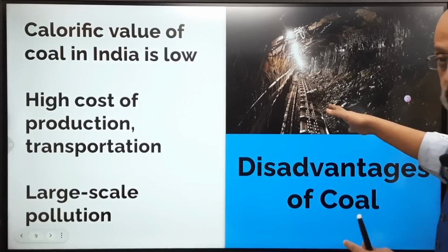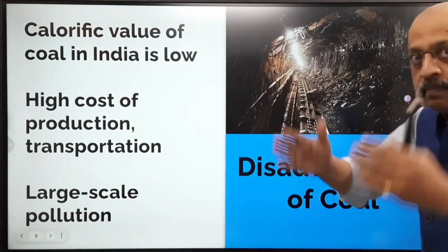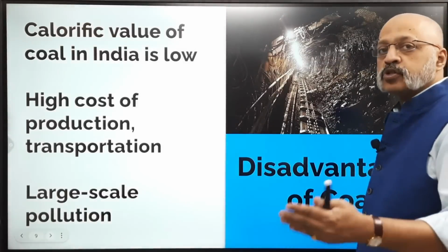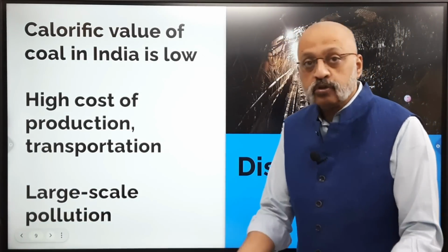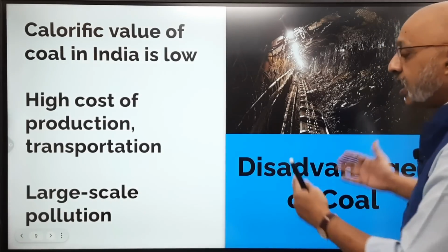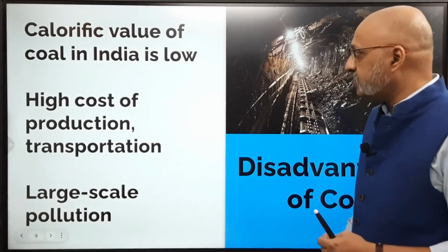The whole idea of putting these pictures out here in these videos is for you to be able to understand and visually imagine what a typical coal mine looks like, because unfortunately many of your textbooks don't seem to use good quality photographs. In fact, many of them don't use photographs at all. So the whole idea of doing these photographs is to give you a visual sense of how these different mines and coal fields, etc., look like.